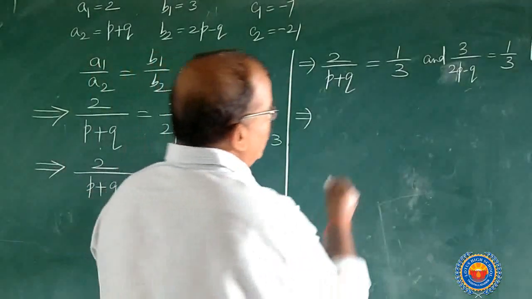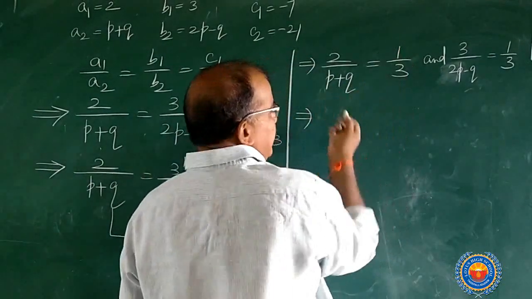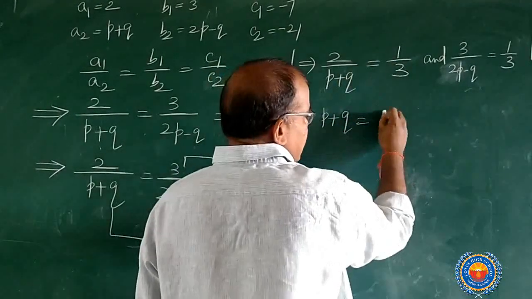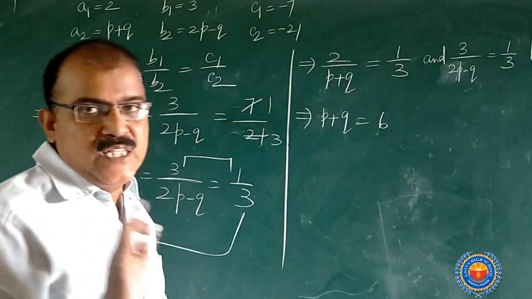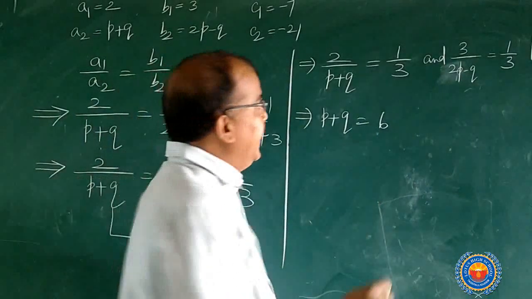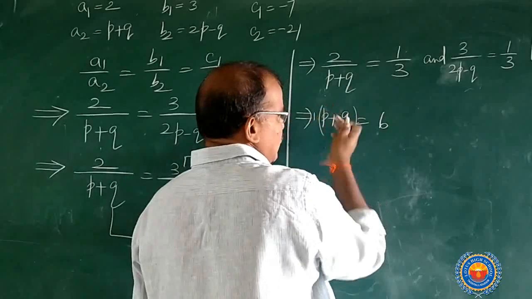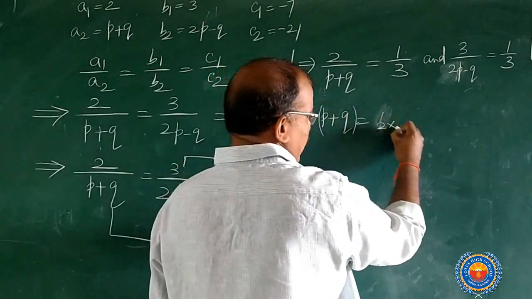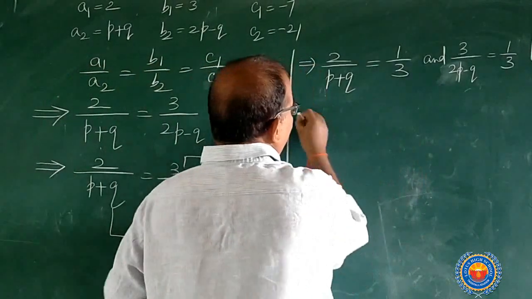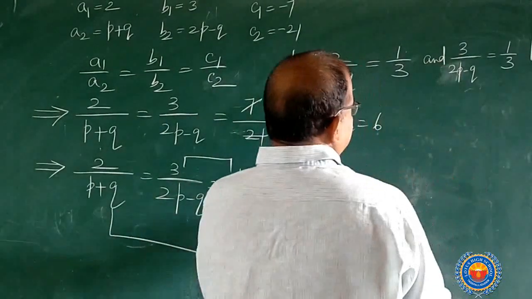Okay. Now cross multiplication: 1 into p plus q, directly you can write p plus q is equal to 3 twos are 6. Cross multiplication. This is in the form of a by b is equal to c by d. That's why no need to go for LCM. Only just 1 into p plus q. If you want, you can write 1 into p plus q, but that wastes time. And next 2 into 3. That's what I am writing directly. p plus q is equal to 6. And what about that?